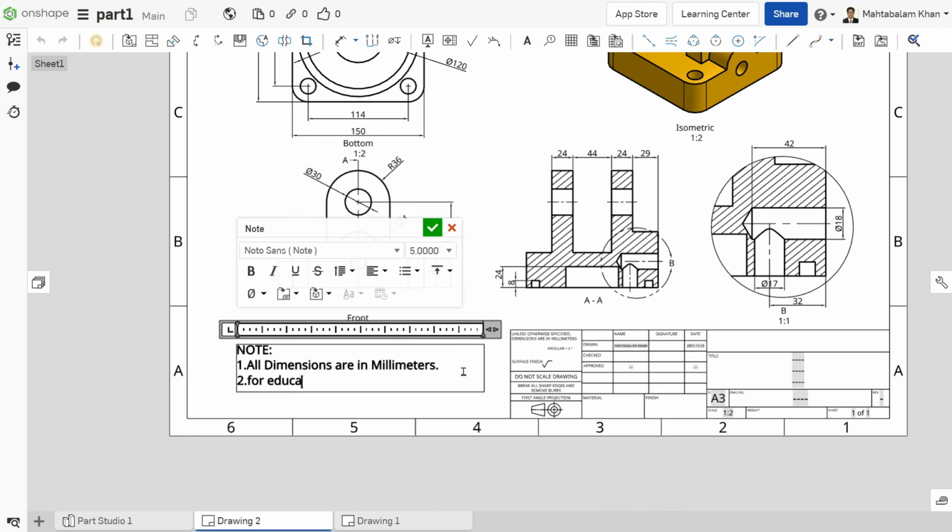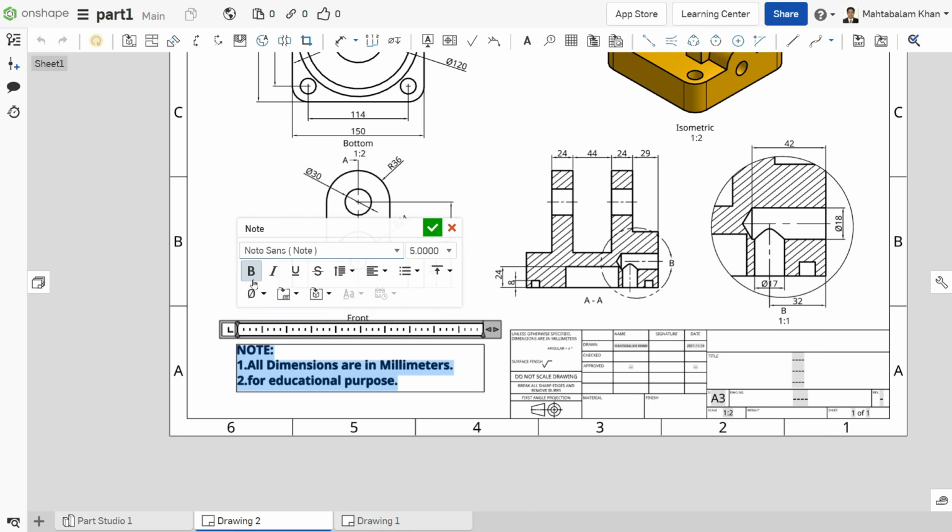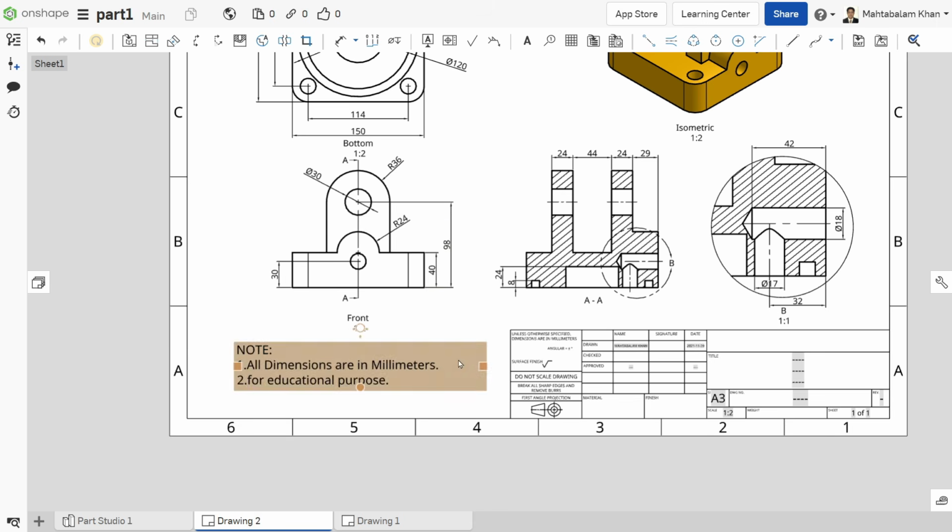For educational purpose. That's it. You can just select and make it bold, and many things you can do with this, but there is no color option. You can change the font also. There are different fonts, but we'll keep this one. I'm not going to take bold, but that's enough for us. See,